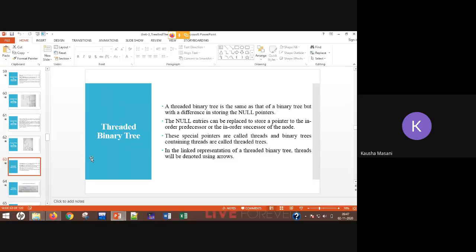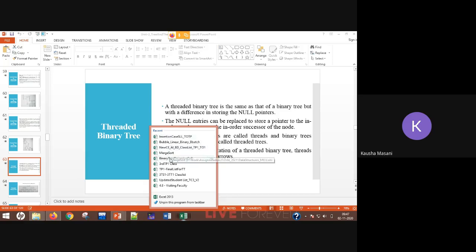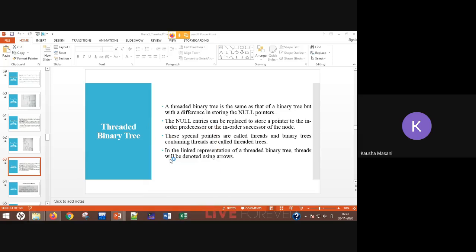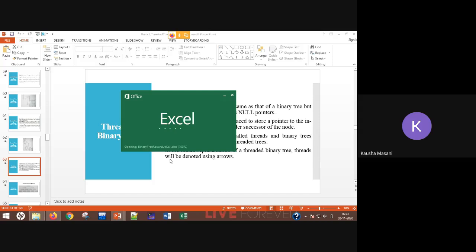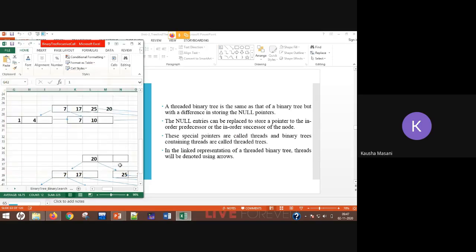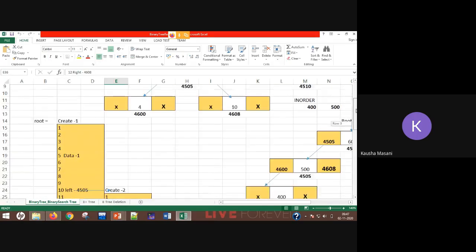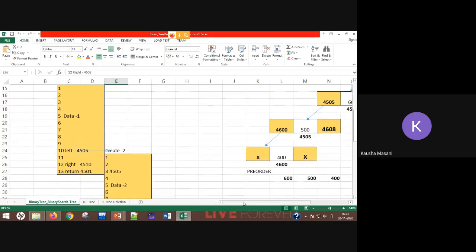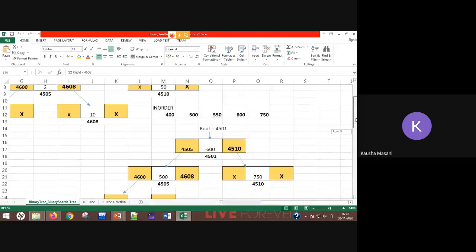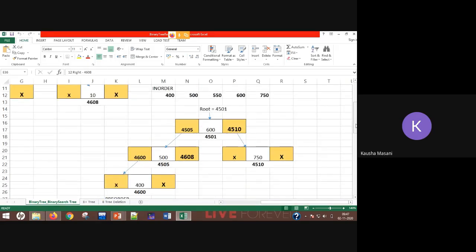Something like this. This is the linked representation of your binary tree. The left and right pointers store memory addresses, and the leaf node has null pointers.